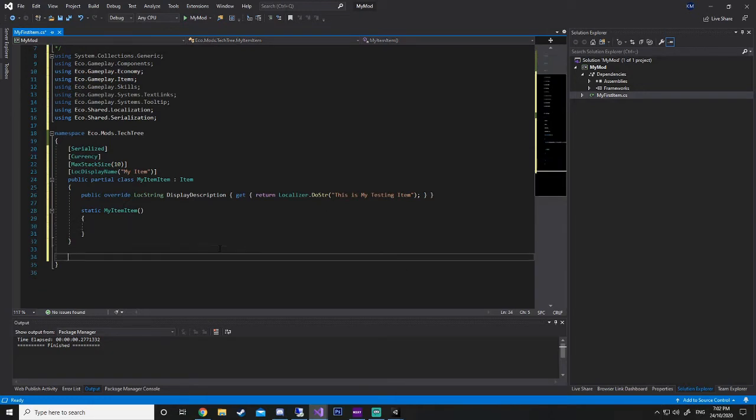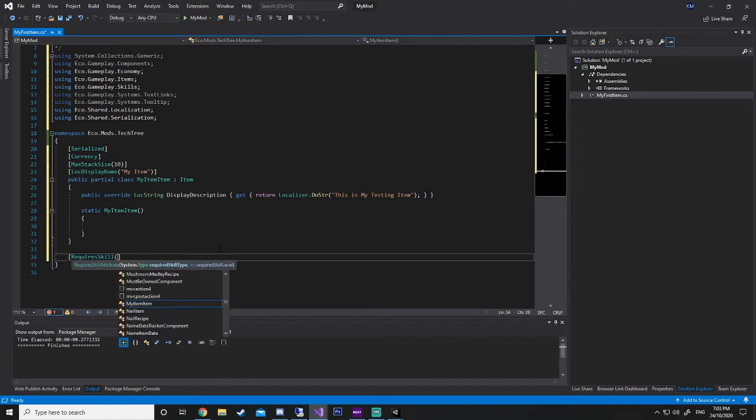But the next part we're going to cover is we're going to add a recipe so somebody can make our item. So we can either have it so it requires a skill, or we can have it so it can just be made whenever. But if we're going to be adding a skill, it's a type of, and then our skill name.